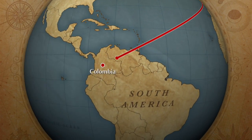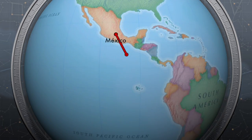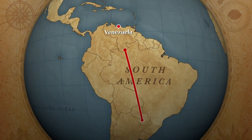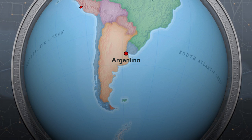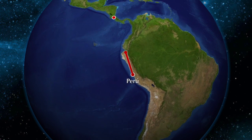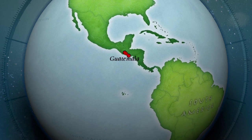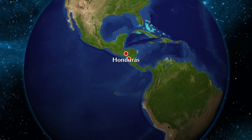España, Colombia, México, Chile, Paraguay, Venezuela, Argentina, Perú, Costa Rica, El Salvador, Guatemala, Honduras,